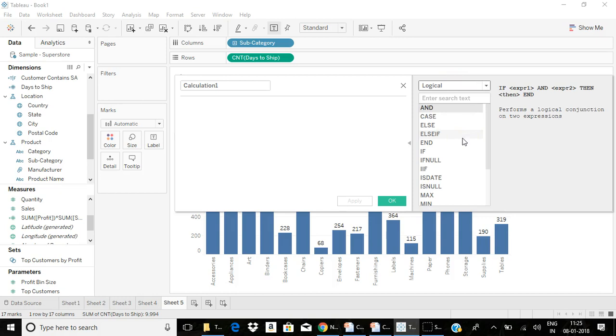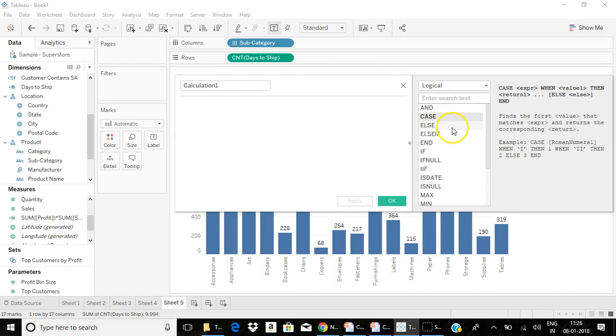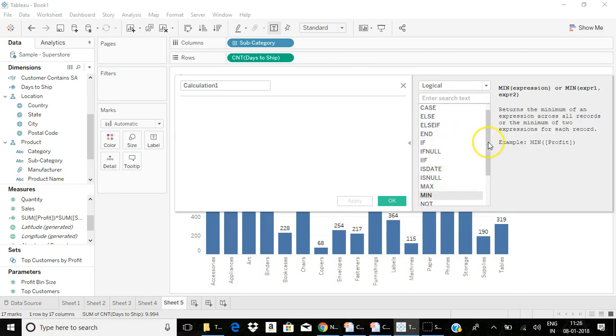Logical functions, you have different logical functions like and, or, not, case statements, else, if, double if, maximum, minimum, is date, is null functions.